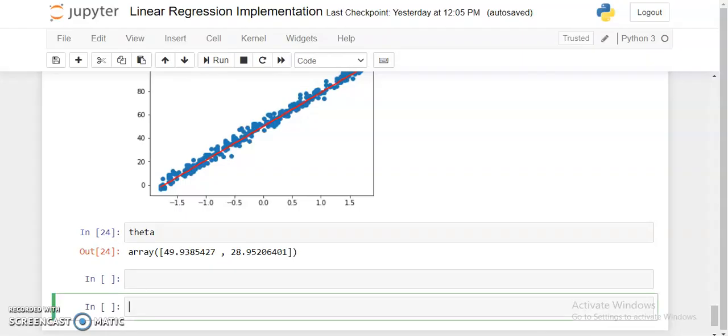So first, we'll be deriving a mesh grid from the theta values.